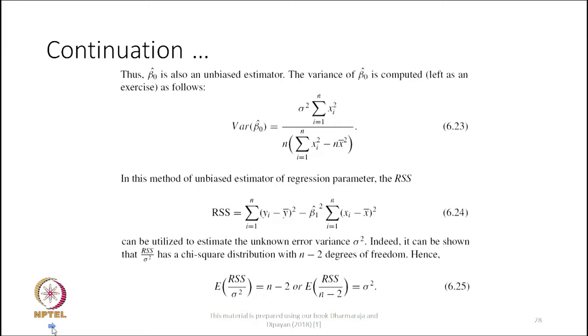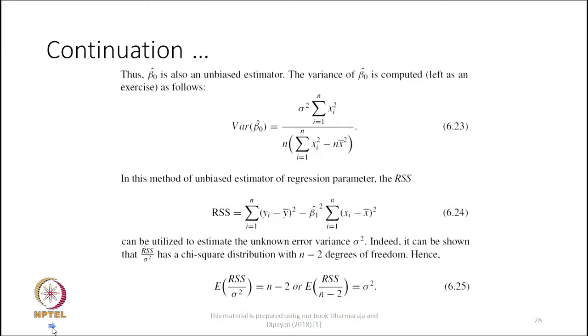The reason for n minus 2 degrees of freedom is that you are using the sample mean of x as well as the sample mean of y. Therefore, the number of independent pieces of information is going to be n minus 2. Once you conclude the residual sum of squares divided by sigma square has the chi-square distribution with n minus 2 degrees of freedom,